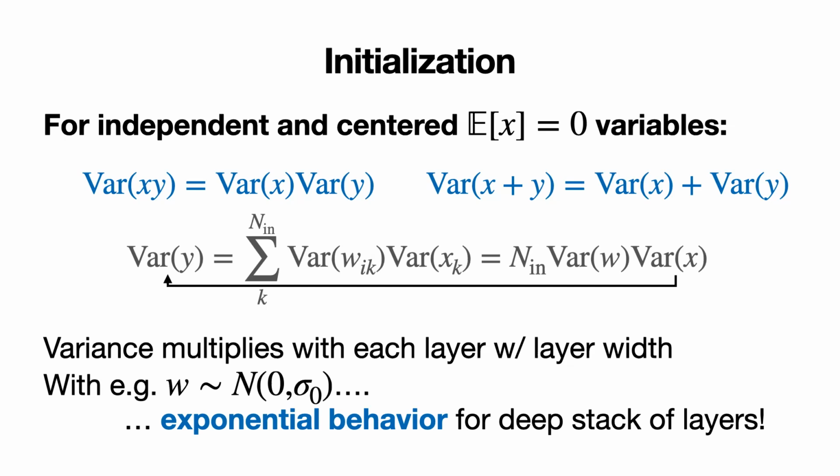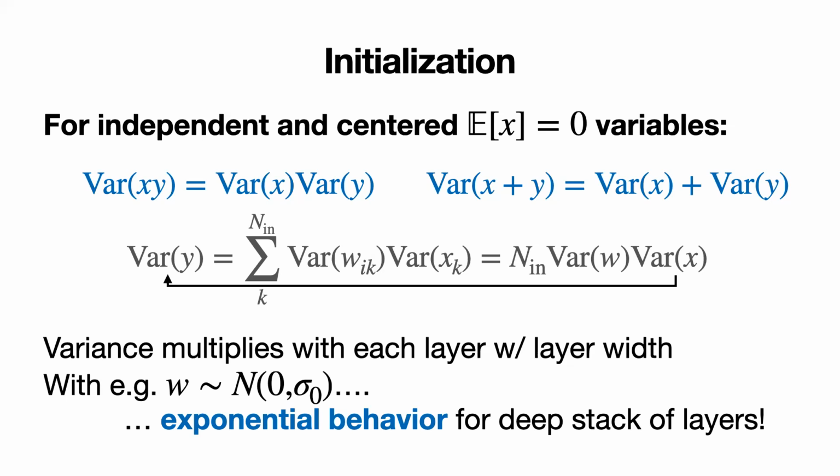So the variance of the output in one matrix multiplication is proportional to the variance of the input times the variance of the matrix elements times the number of entries. For every element in the matrix multiplication, you do a vector product